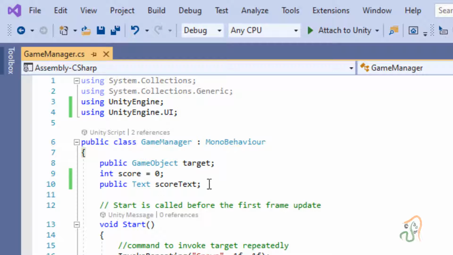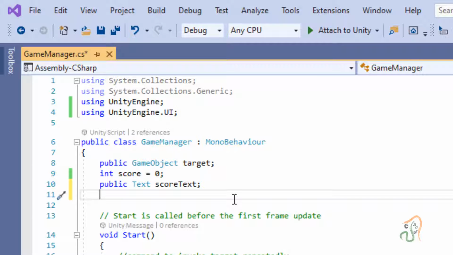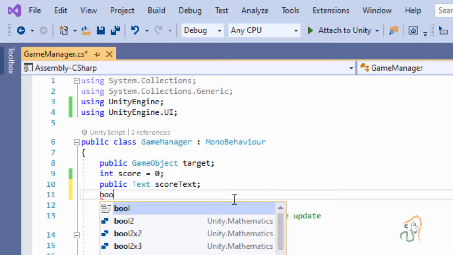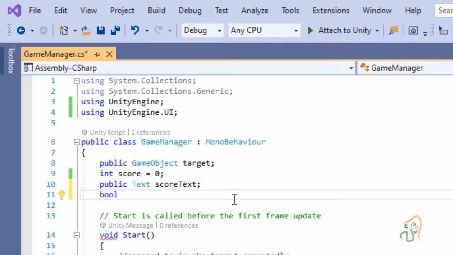Below this public Text scoreText, press enter, and below this we are going to declare a new variable. This new variable is a boolean, declared as bool, B-O-O-L. A boolean variable is declared as bool, space, and give it the name win.